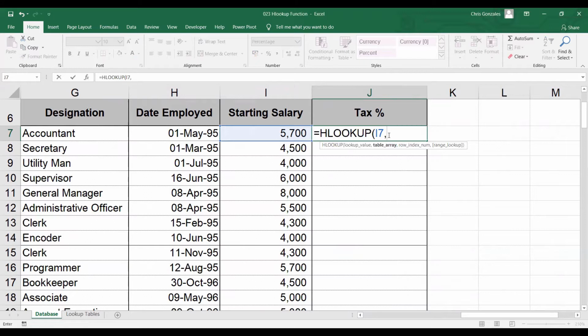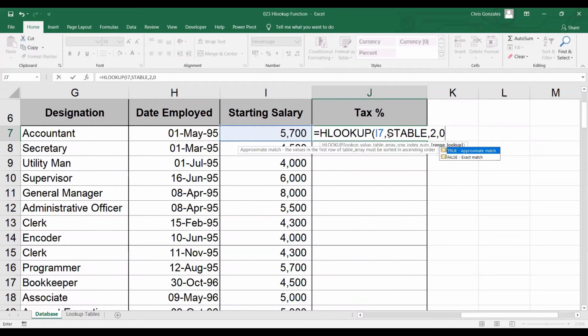Table array here is, this time, S table. And then comma, which row do you want? For S table, the first row is the salary, while the second row is the tax percentage. If I need to look up the tax percentage, let me type number 2, comma, and lastly,